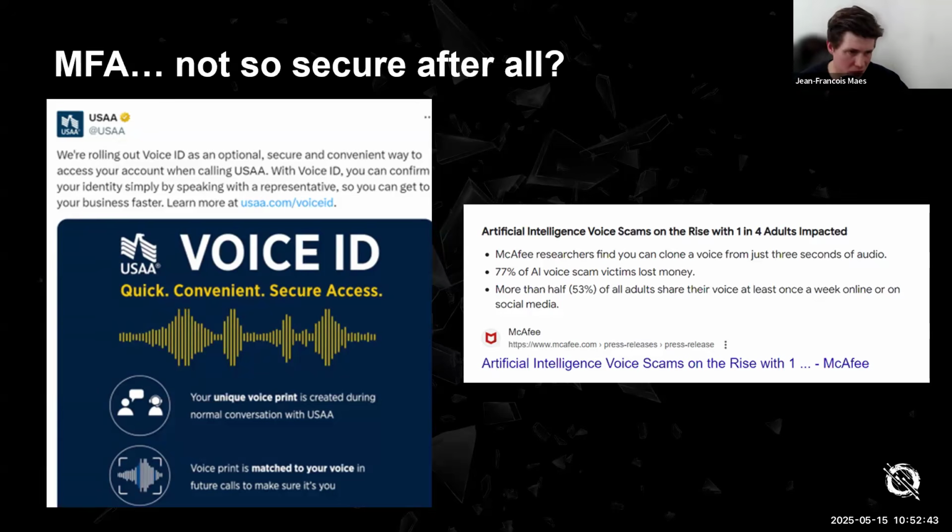McAfee actually posted an article, it's not that long ago, where they said that artificial intelligence voice scams are now on the rise with one in four. So that's already 25%, right? Of adults being impacted in one way, shape, or form with artificial intelligence voice scams, right?